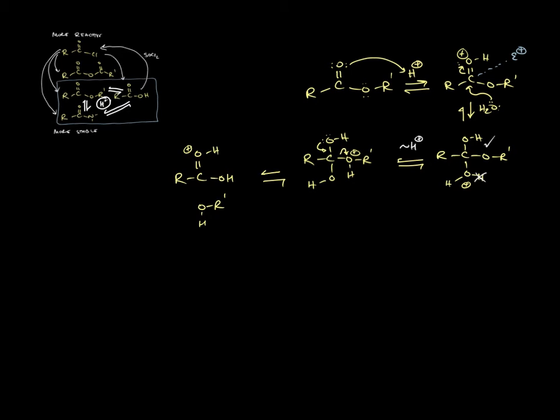I now have a plus charge there, an OH here, and I've kicked off an alcohol. Well, now we would use solvent to deprotonate that hydrogen up there, essentially deactivating that oxygen. So it goes from a plus charged carbonyl to a neutral carbonyl, and I've converted this guy to a carboxylic